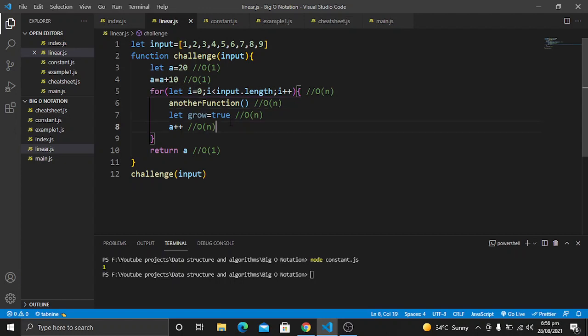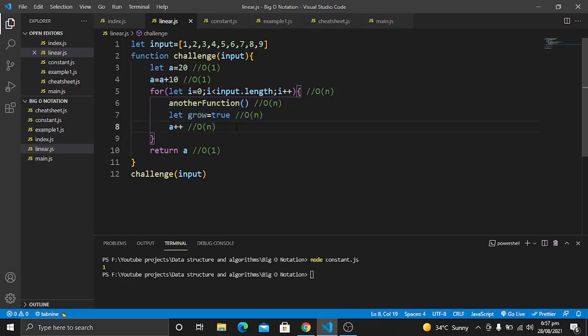This a will be incremented 9 times. If we have 100 items, these functions will be called 100 times. Similarly, this value will be stored in this variable 100 times, and this number will be incremented 100 times, because these depend on the input. So if the input grows, the operations that we have to perform will also grow.